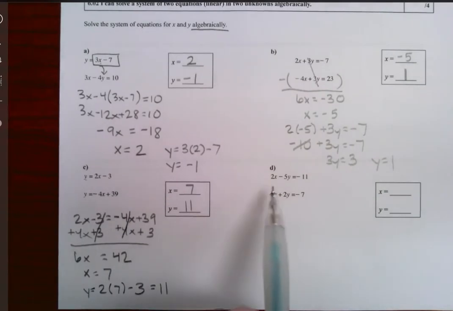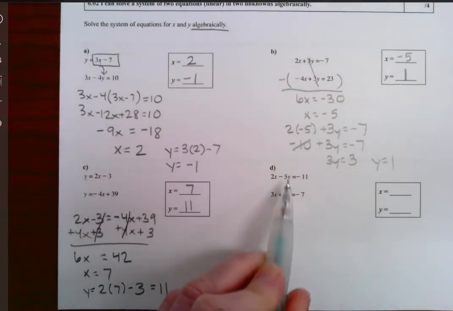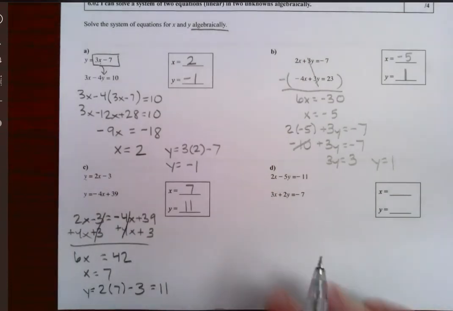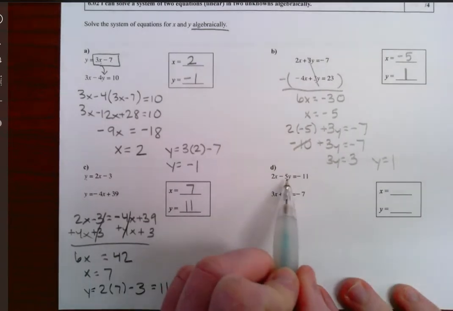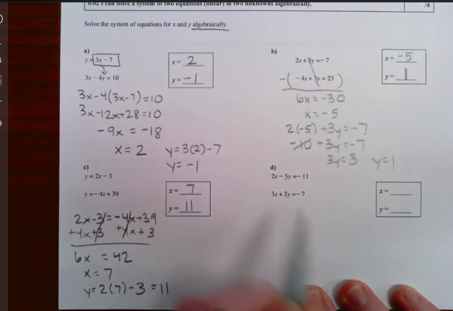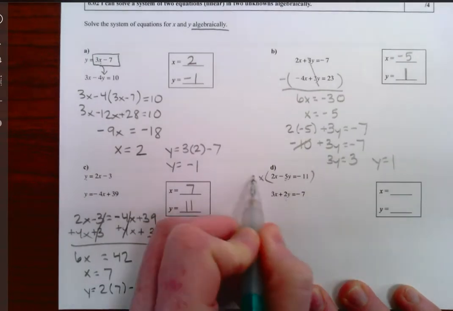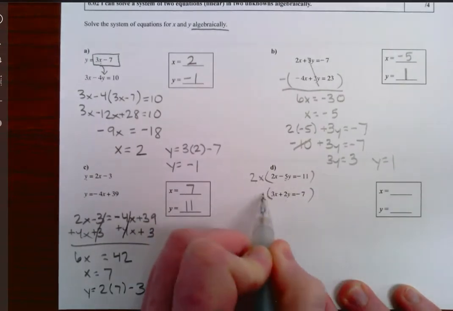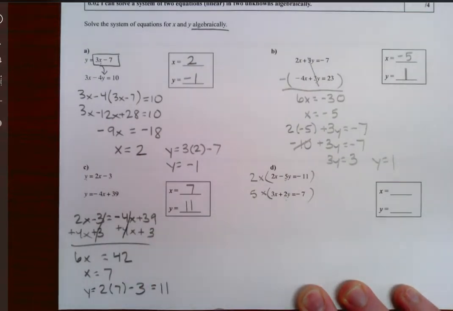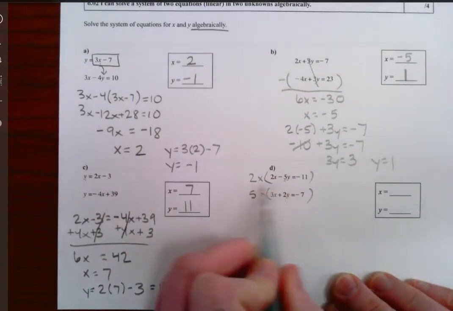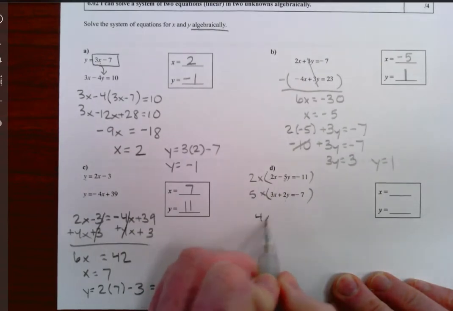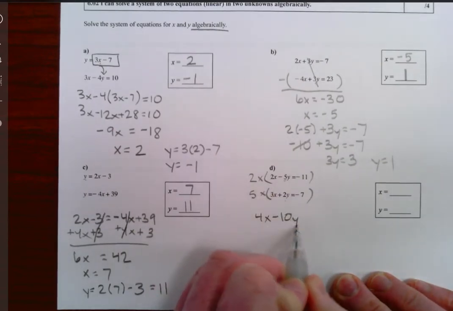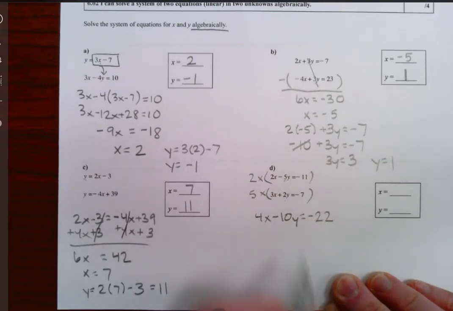Okay, let's see here. I have x's and y's on this side, so I think I'm going to use elimination. Nothing matches. So let's see here. What can I do? I think I'm going to make these the opposites, and then I'll be able to add the equations. So I'm going to make this a negative 10 and this a positive 10 by multiplying this top equation by 2 and this bottom equation by 5. So let's see here. I'm going to do this multiple. 2 times 2 is 4x. 2 times negative 5. And the bottom equation